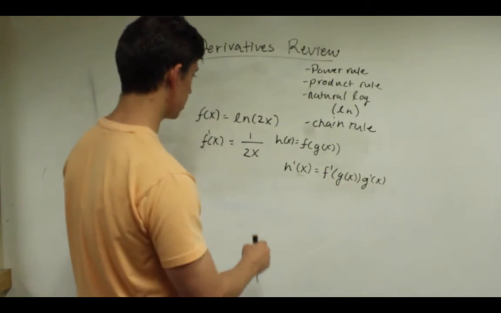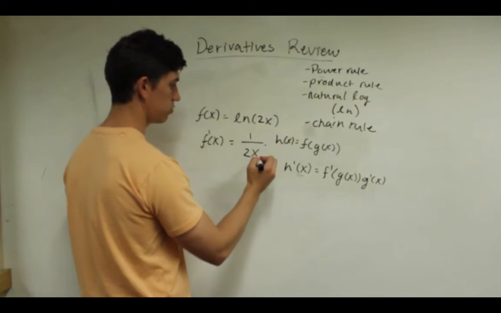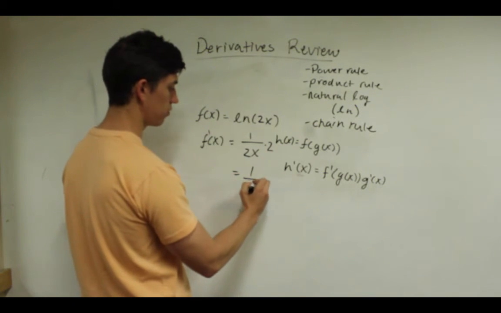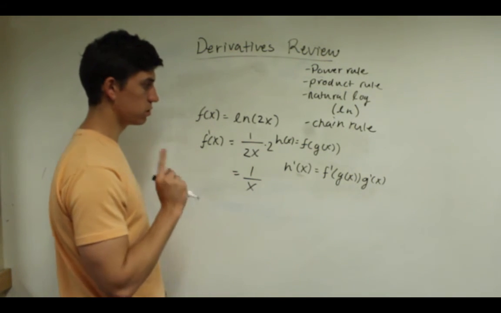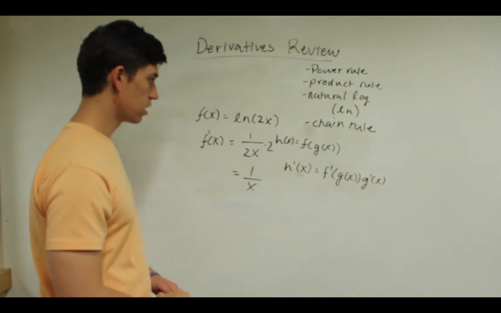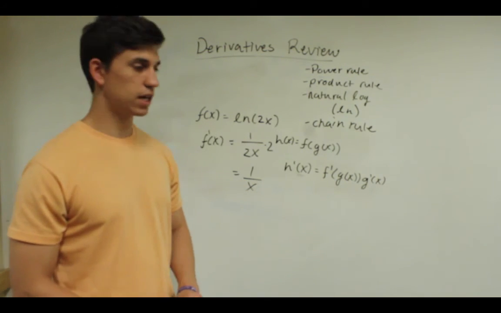Right? So in this case, I take the derivative of the outside function, which is just 1 over 2x, times the derivative of the inside function, which is 2. So then the 2's cancel, and you get just 1 over x again. So it turns out that the derivative of ln of x is the same as the derivative of ln of 2x. So I give you a little sneak preview of the chain rule here,